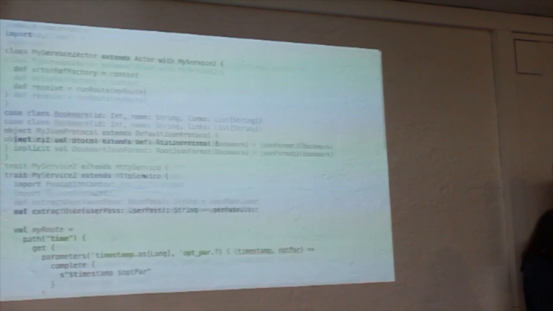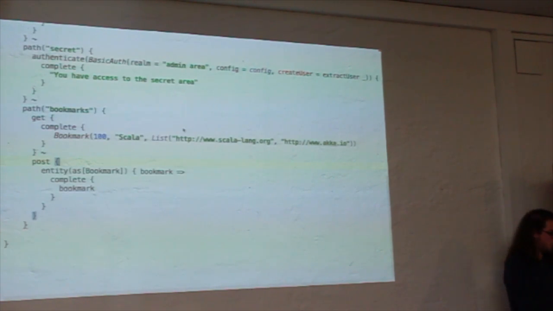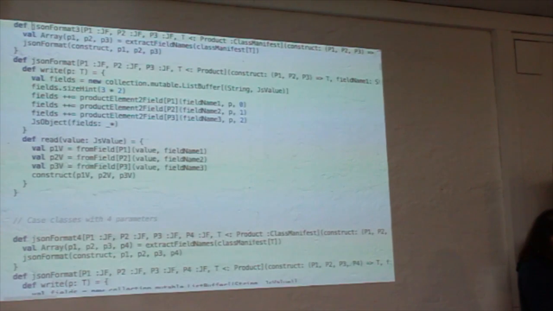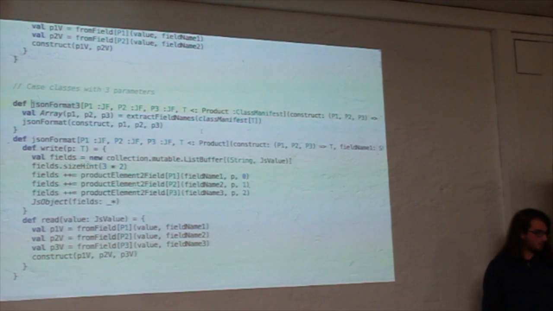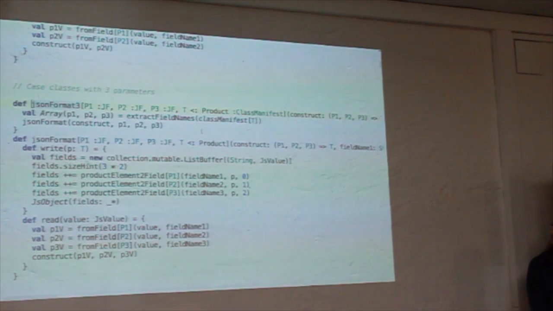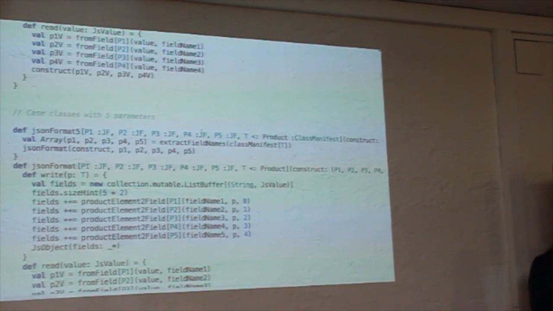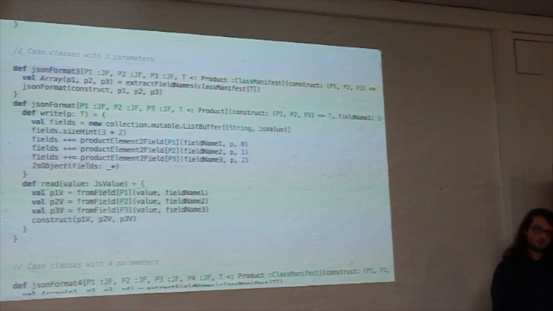The last thing I want to take a look at is testing. One question. Yeah, of course. This JSON marshalling as code, where you define it as JSON format three, is this a macro or is this a method? It's a method here. It's a case class. This is code from Spray now, actually. You see there's JSON format 3, JSON format 4, which is, I guess, a bit weird looking, but it works. I don't get how it gets the types out of the case class.